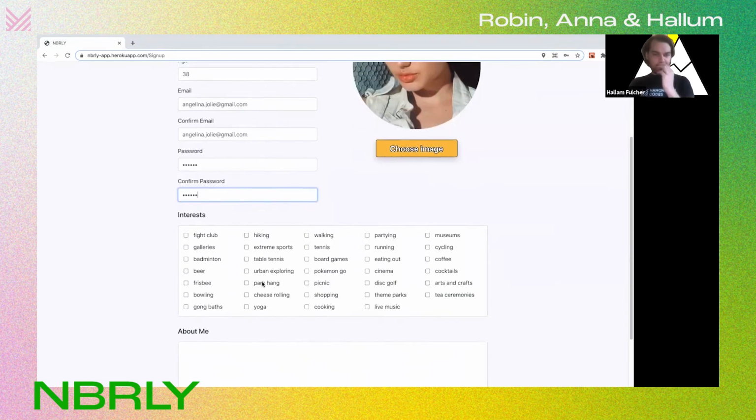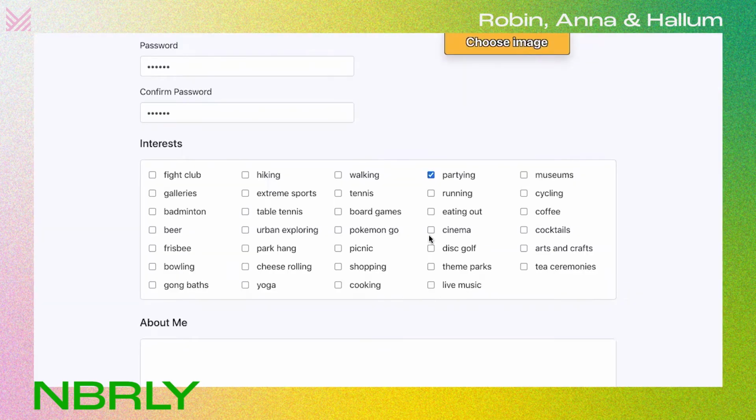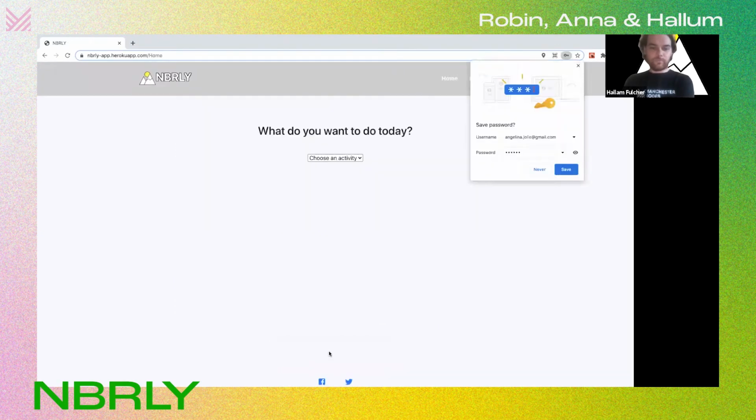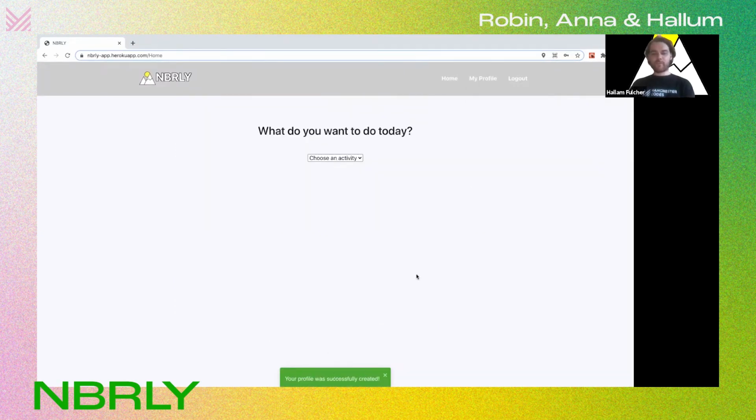And here, in the sign up form, you choose what interests you. For instance, if you like partying, cinema, maybe Angelina, I can imagine her doing some arts and crafts, live music, cooking, definitely some yoga, frisbee, and some bowling, and a short introduction. So, hi, I'm a successful television and film actress. So, create profile. Okay, so here we have a green message, your profile was successful. And here immediately you're redirected to our homepage now that we're logged in,